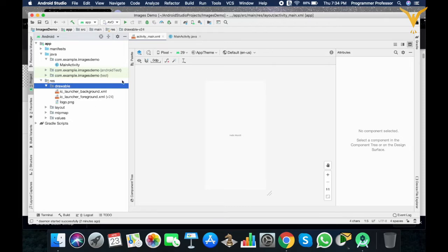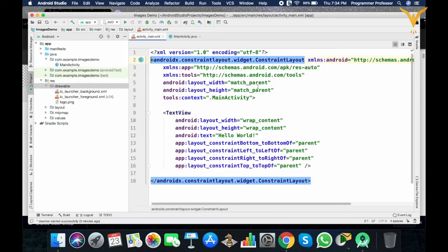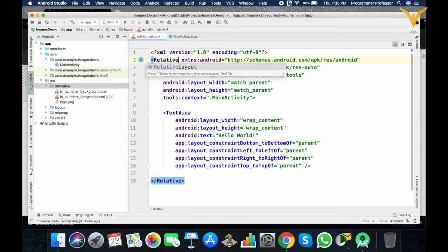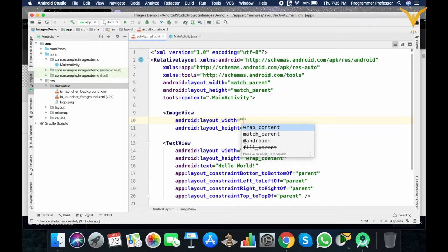Our next job is to add this image to the main screen. Now let's go to the XML. First, use relative layout, then add one image view, set height and width according to your requirement.